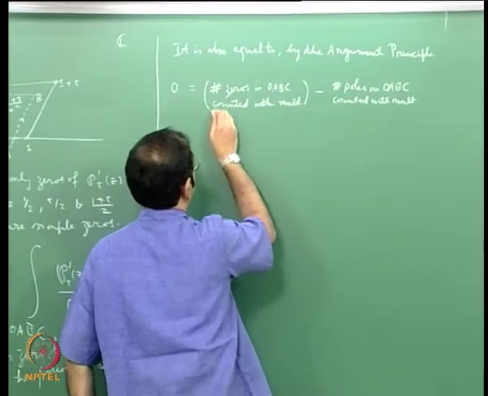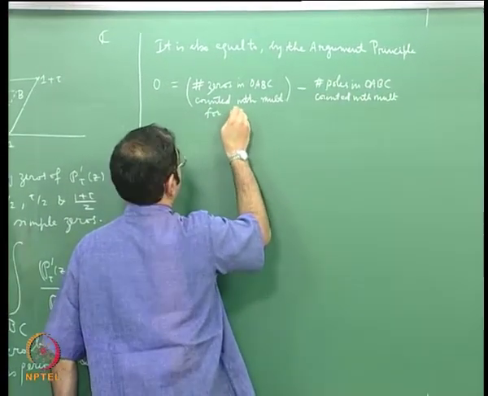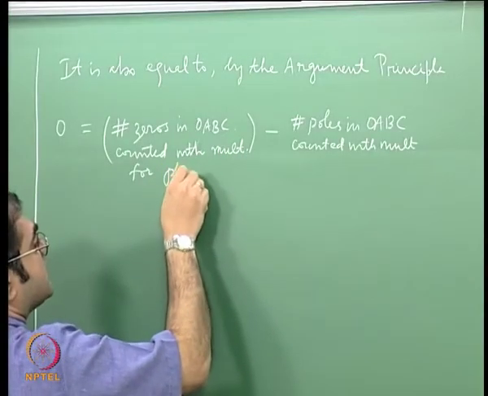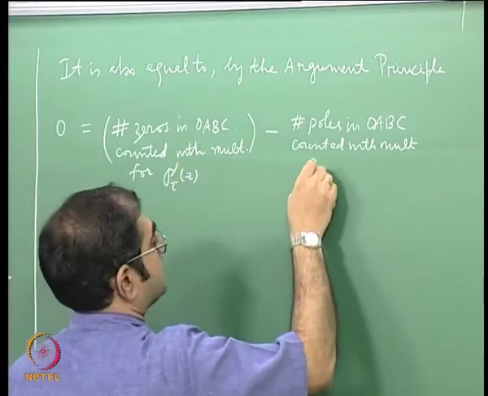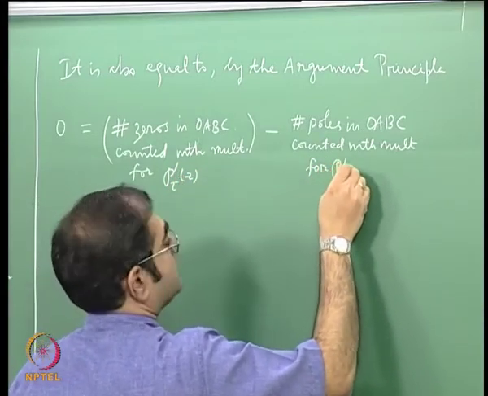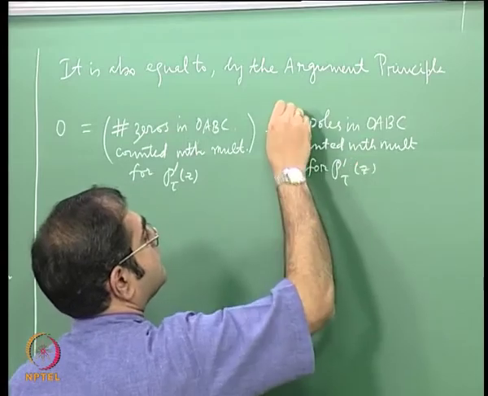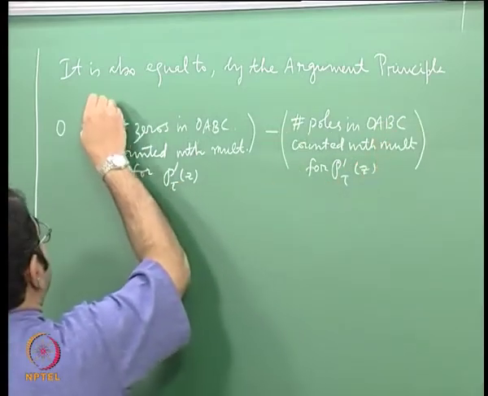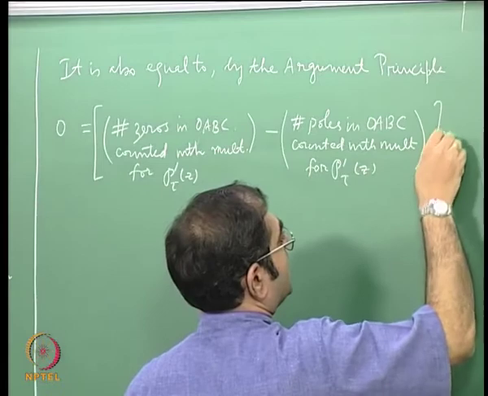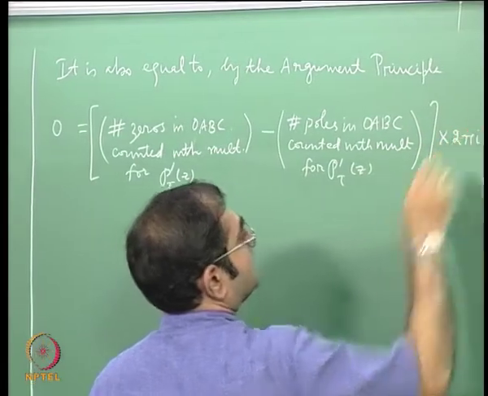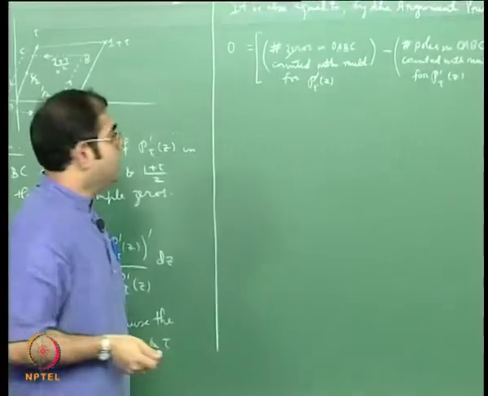So here let me write that for phi prime sub t of z, and here also it is for phi prime sub t of z, okay, and it will be this into 2 pi i, okay. This is the argument principle. Now you see